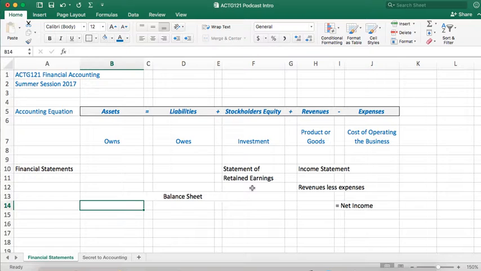After the company has determined what their retained earnings is, they can then create their balance sheet. And their balance sheet is a snapshot. At that period of time, their assets are X, and those assets equal the liabilities plus the stockholders' equity. Those are the three financial statements that we're going to use, and we're going to be able to